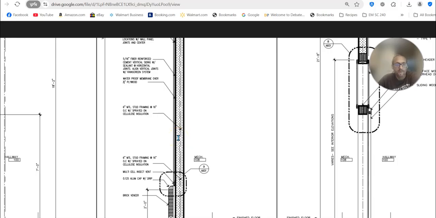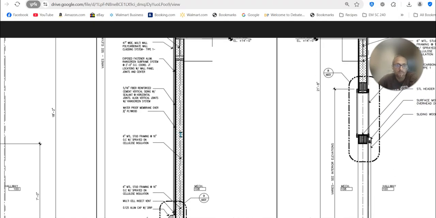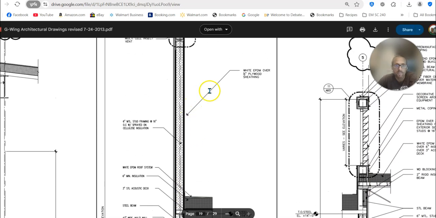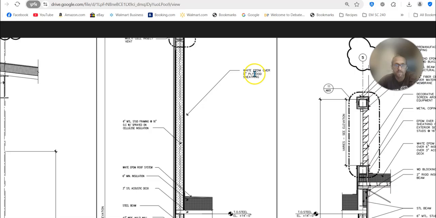With the spray foam, in older buildings you're going to see something like a fiberglass batt, but this is spray foam. This would be a closed cell foam, which you're going to get a pretty high R value, probably around R7 per inch, but that's something you would have to look up. And so that's our wall layer. Now, unfortunately, we don't have what's inside here, although up here it does show half-inch plywood